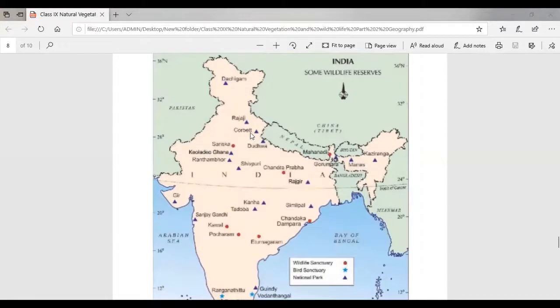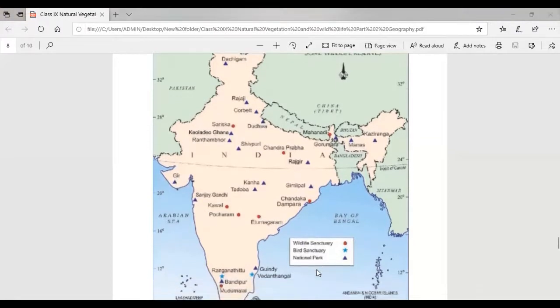One of the prominent wildlife reserves in India is the Corbett National Park, which is in Uttarakhand, Ranthambore National Park, which is in Rajasthan, Kaziranga in Assam, and Manas National Park also in Assam, then Gir Forest in Gujarat, and